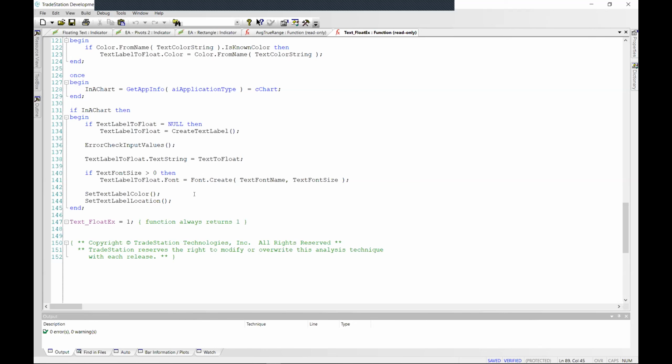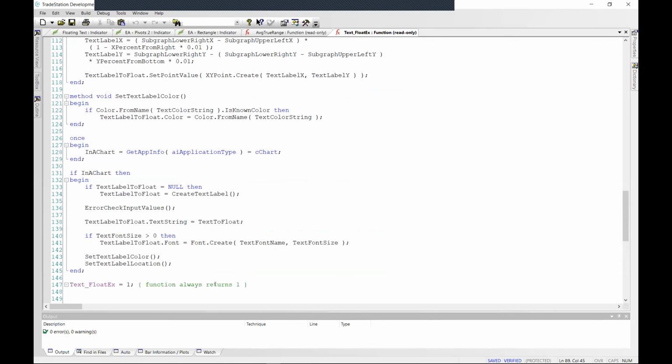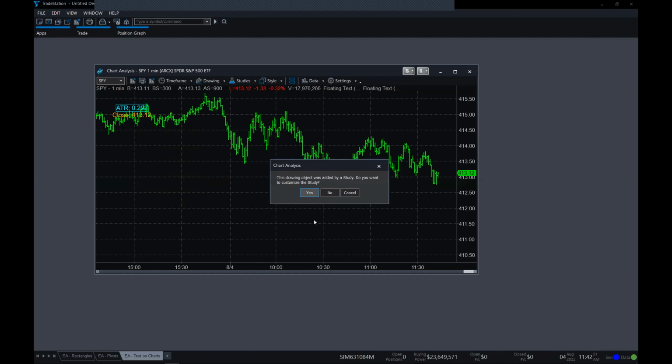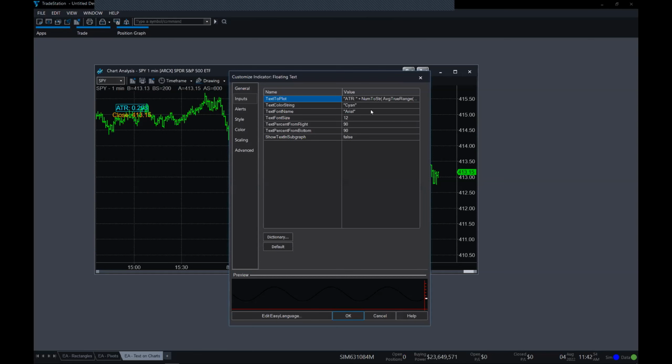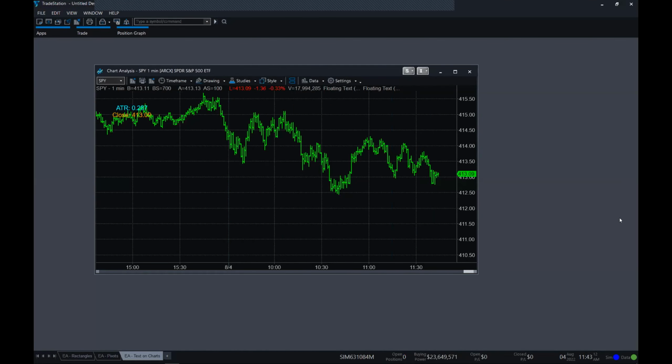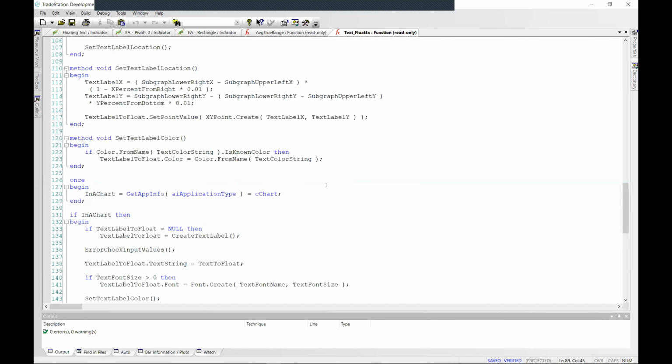So that's the reason I say it is in code, because if you want more advanced formatting of the text beyond what's provided through these inputs, then you can get into editing the code and create your own floating text. We've got the color, the font size. If you wanted it italicized or bold or that kind of special formatting, you could do that, but you would need to modify the code. But that's the reason I wanted to show the code.